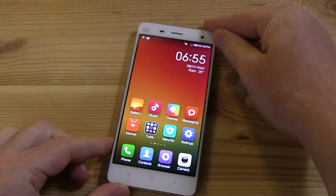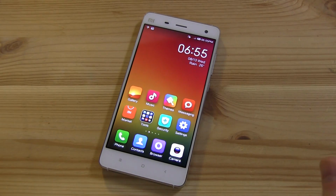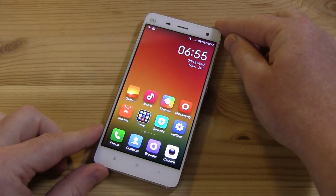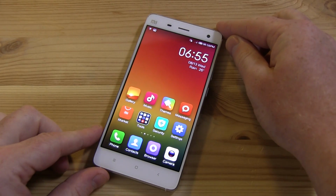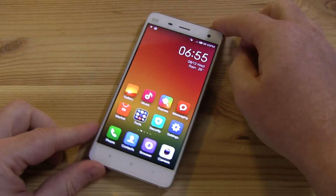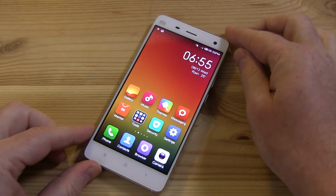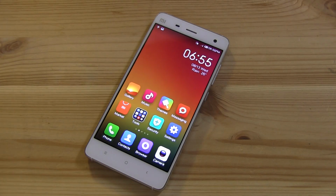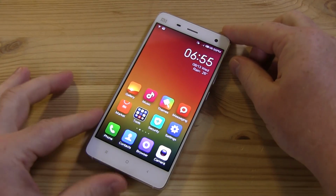Okay, so let's get down to some hardware details. We're saying flagships. What do I mean by flagship? Well, it's actually a 5-inch IPS LCD screen. It's a 1080p screen. It looks fantastic, and actually it's one of the best screens we've come across in a long time. Inside you're getting Android KitKat 4.4, but it's running a very heavily customized